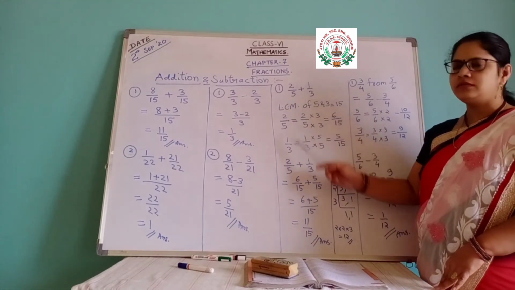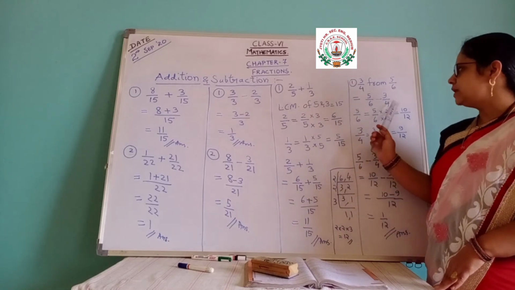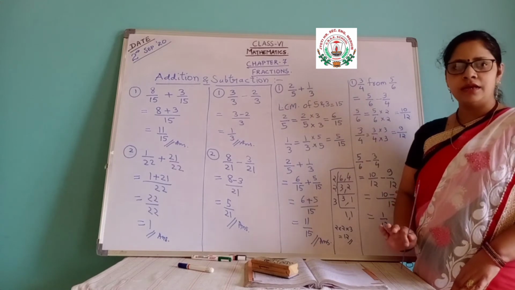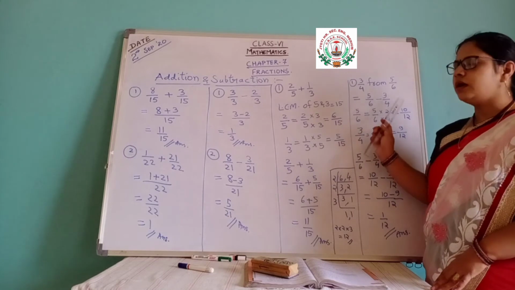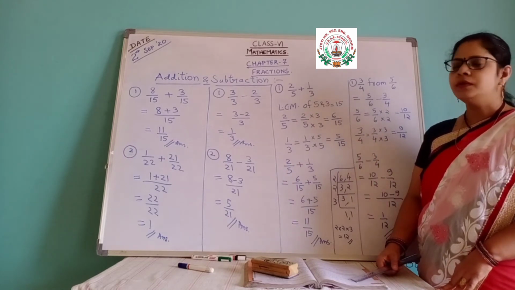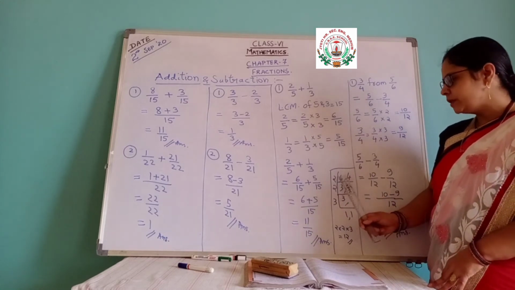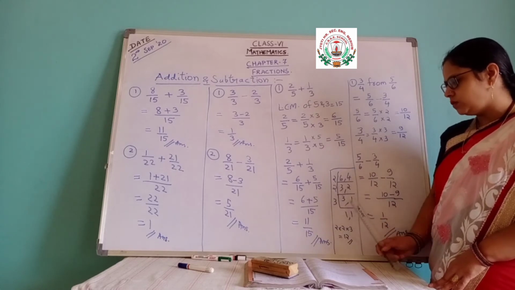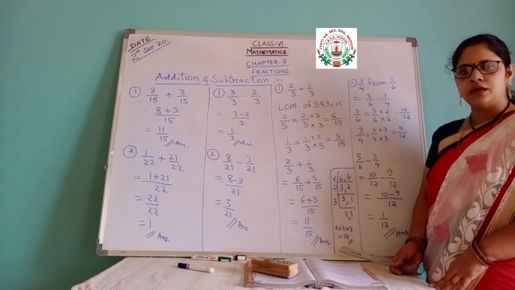Now after that, the whole procedure will be the same. You have to take the LCM of 6 and 4. So 6 and 4 commonly come in one number's table, that is the table of 2. So directly you cannot multiply. Here 6 4s are 24 will not be the LCM. You have to take the proper LCM. Here I have found the LCM: you can see 2 3s are 6, 2 2s are 4. Then the table of 2: 2 1s are 2, 2 2s are 4, 2 3s are 6. And the table of 3: 3 1s are 3, 3 2s are 6, 3 3s are 9, 3 4s are 12. So 12 is the LCM here.